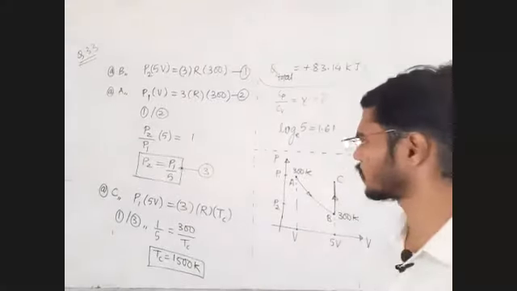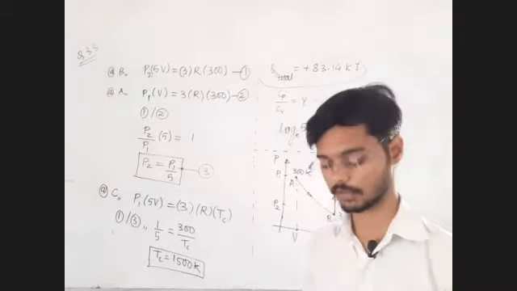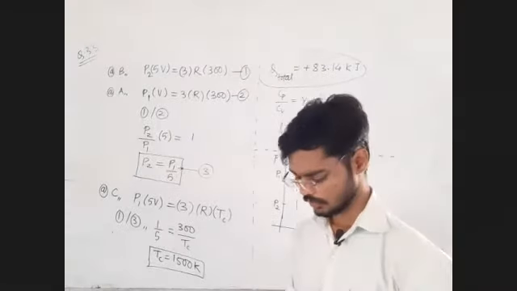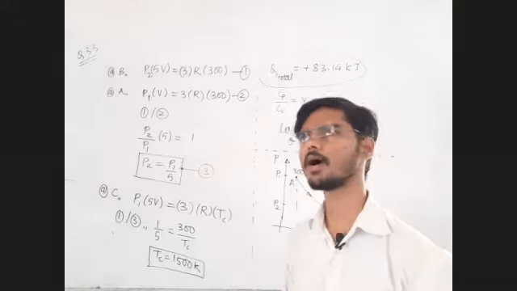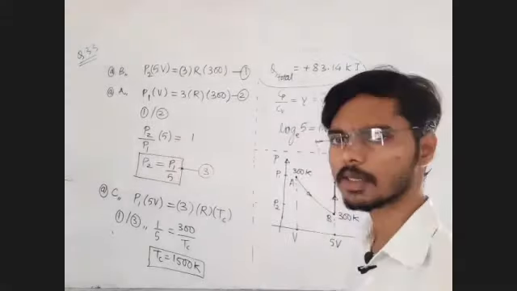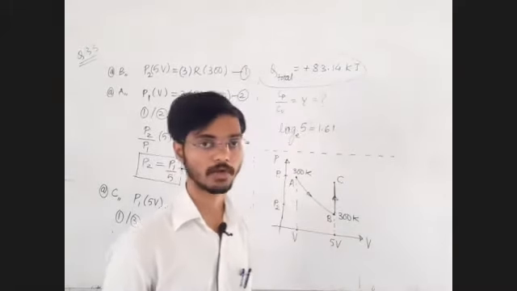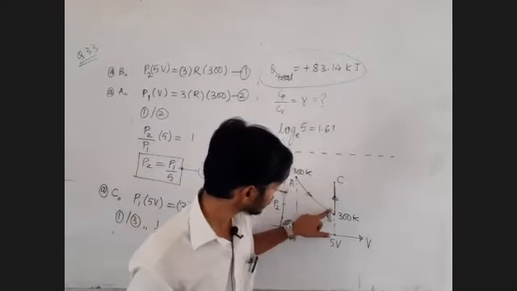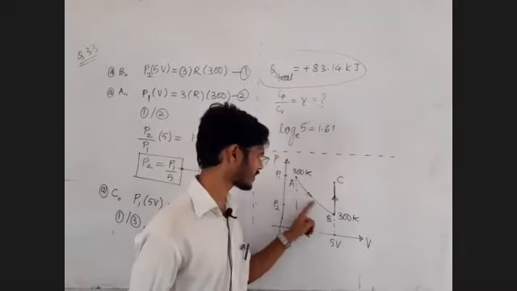Example seems somewhat tricky, but we'll solve it. We need to find out gamma. Still we have to reach up to gamma. Now what thought comes in my mind is something like this. Somehow if I am able to find out the change in internal energy of this process, because in this process internal energy change is 0.